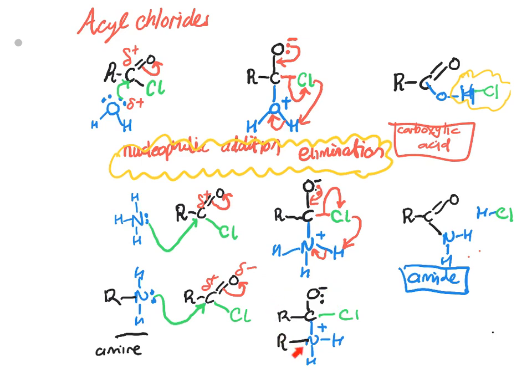It's not stable, this intermediate, so a pair of electrons will come back down, reforming the pi bond. Electrons flow in the same direction onto the chlorine. Chlorine picks off a proton, which throws its electrons into nitrogen. Absolutely the same mechanism. This time, rather than just having an ordinary amide, however, we end up with a substituted amide. I'll call it R dash. So we now have a